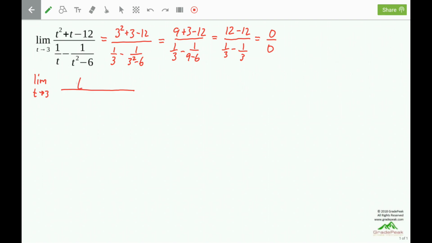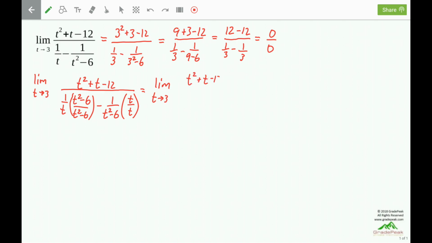The numerator I'm not doing anything with just yet. It's not a fraction, so it's not involved in the common denominator in any way. The 1 over t I'm going to need to multiply by t squared minus 6 over t squared minus 6, a form of 1. And then the 1 over t squared minus 6 I'm going to need to multiply by t over t, a form of 1. So we will have limit as t goes to 3 of t squared plus t minus 12